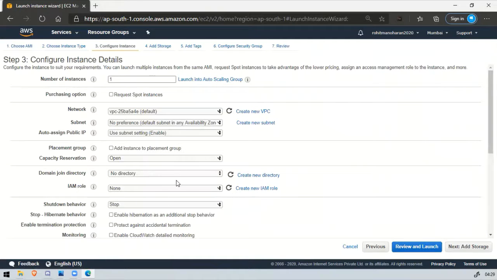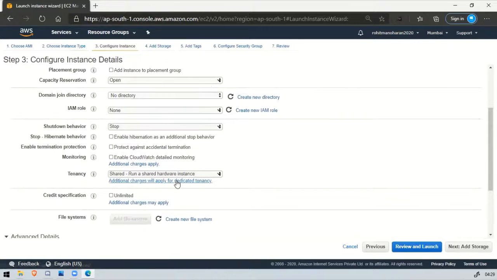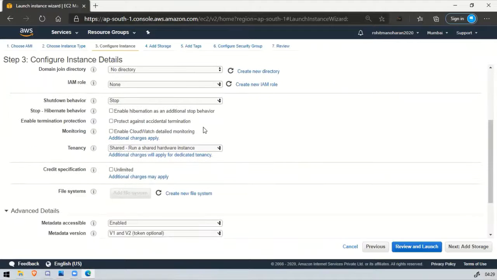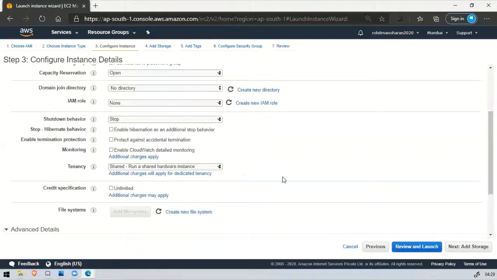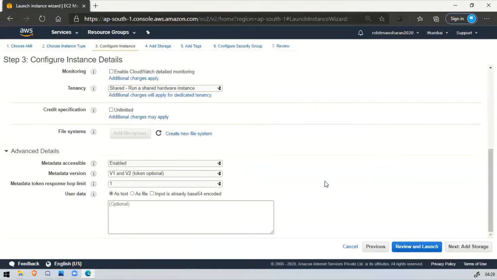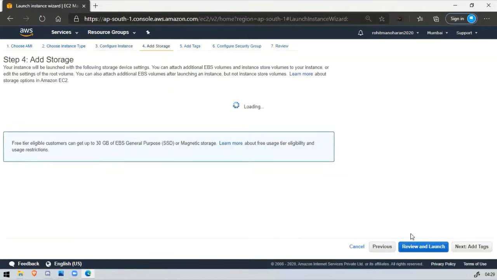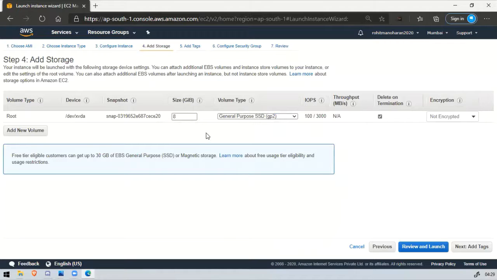I'm okay with all these things. Great. And you can actually select the IAM role from here if you want. So right now I don't have any. You can use the S3 access, which means you can access the S3 bucket. Yeah. You can actually add tags too for this. And if you want, you can edit these settings. I am actually okay with these settings and I don't want to disturb it. So I will just click on next, add storage. Yeah, 8 GB storage is enough.